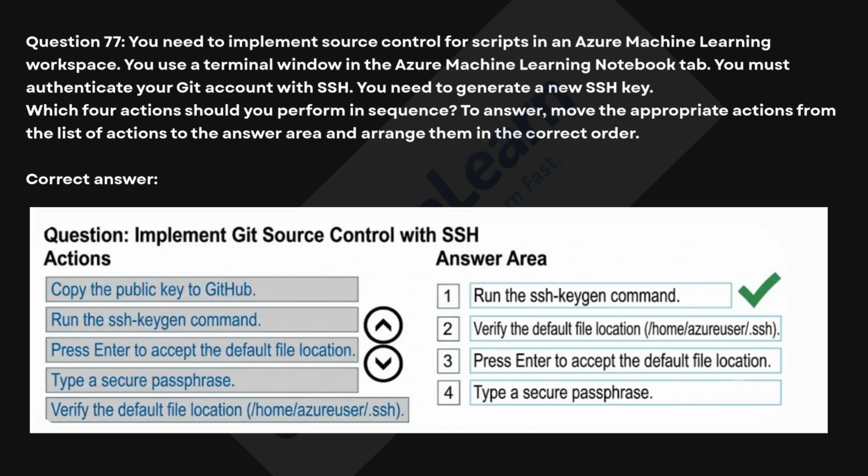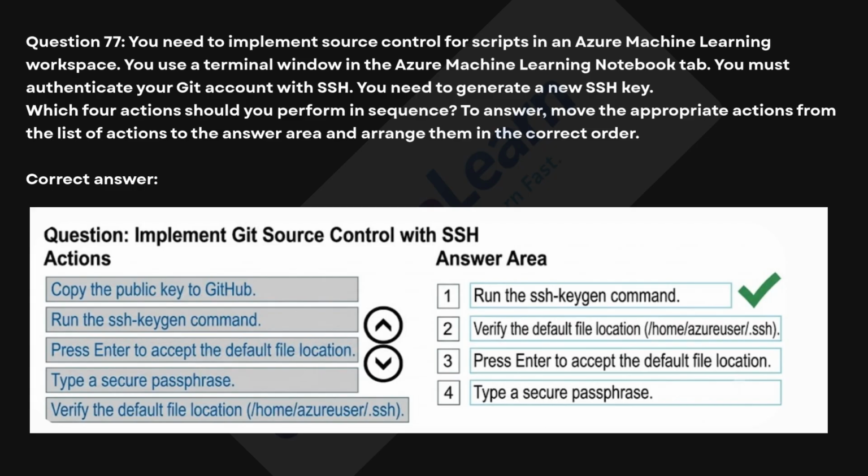Correct sequential answer: 1. Run the SSH keygen command. Step 1. Execute this command in your Azure ML terminal window to kick off the key generation wizard. 2. Verify the default file location, /home/azureuser/.ssh. Step 2. When prompted by the terminal on where to save the newly created key pair, check that it defaults to your profile's hidden .ssh directory. 3. Press enter to accept the default file location. Step 3. Confirm the verified folder path by pressing enter so the system saves the public and private keys in